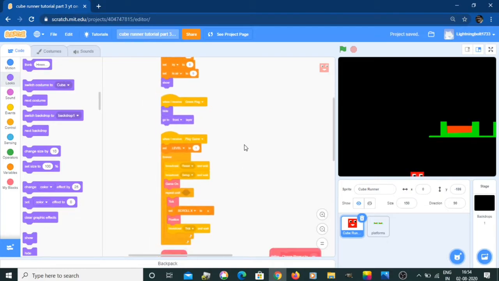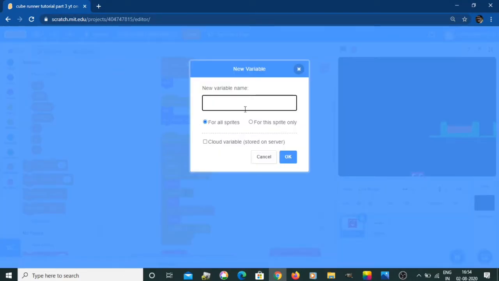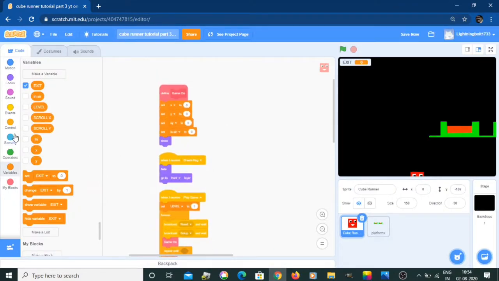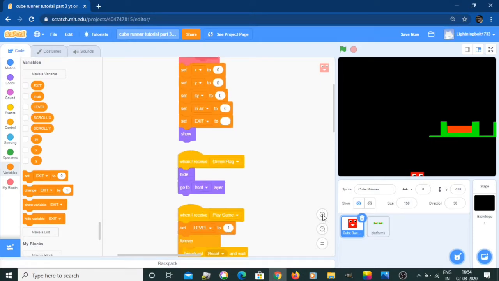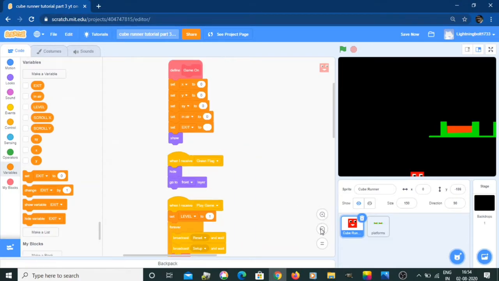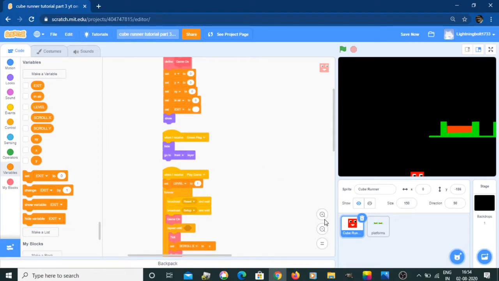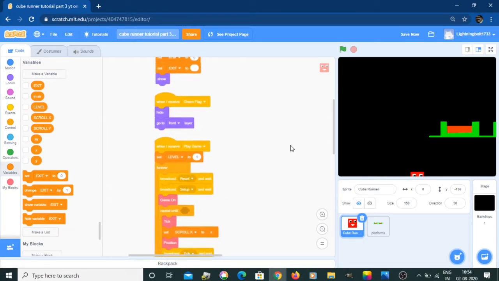Okay, so let's go to our cube runner, and let's make a new variable, which is for all sprites, and let's call it exit. Exit. Okay, so because we made a new variable, we don't want to see it. Let's set exit to nothing at the start, so like this empty thing. It will start out with a 0, but you just have to delete that. And yeah, then the next thing is to